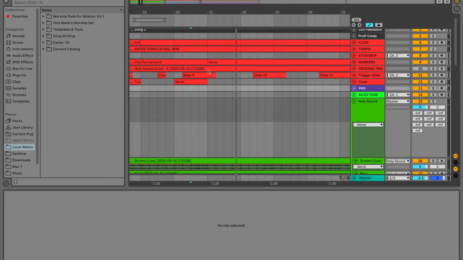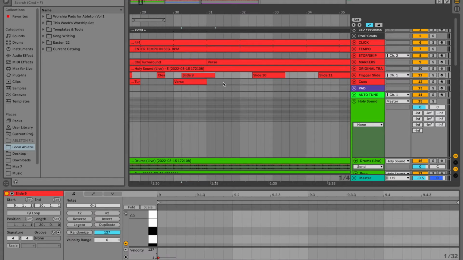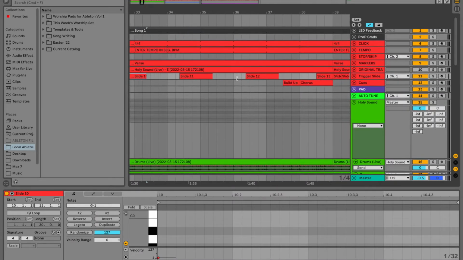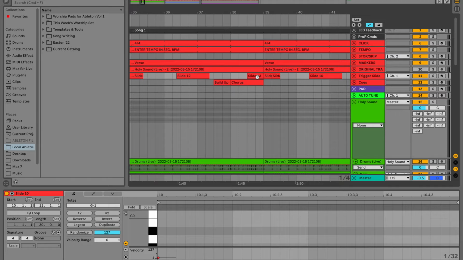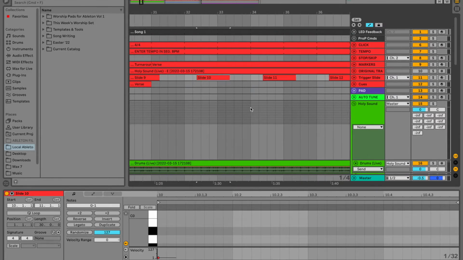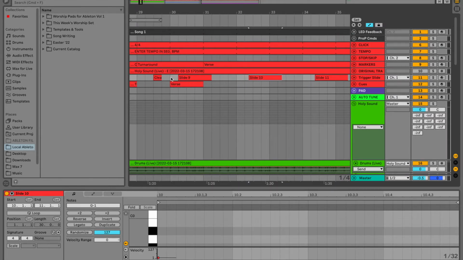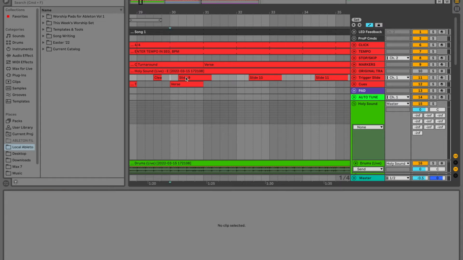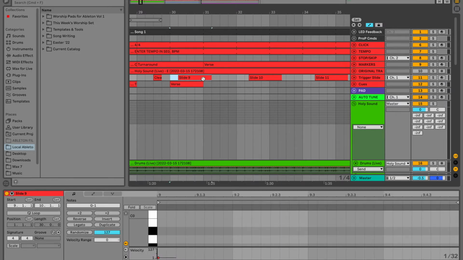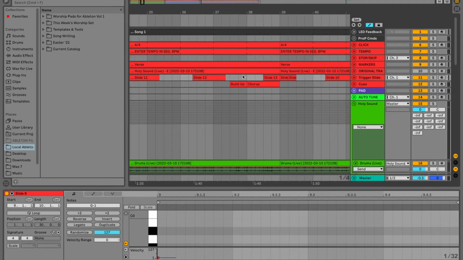You can see coming into this second verse, you've got slide 9, and slide 10, 11, 12, and then this slide 13 would be progressing on toward the chorus. But again, we don't want to pull up the chorus slide. We want to put that verse slide in. So there's a couple ways to do this. You could just copy and then at the start of that measure right before the verse, you'd paste that